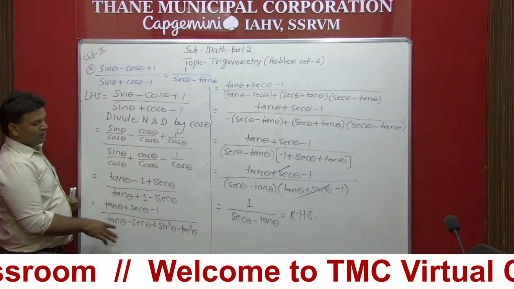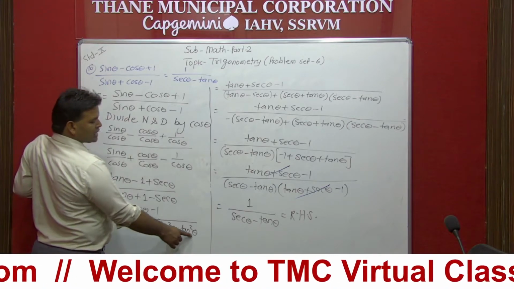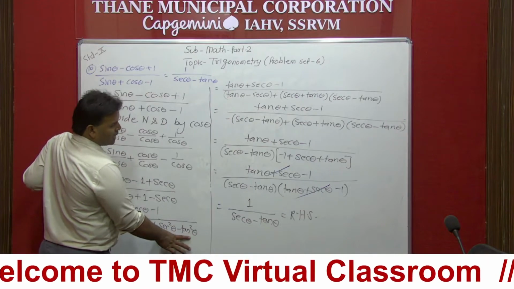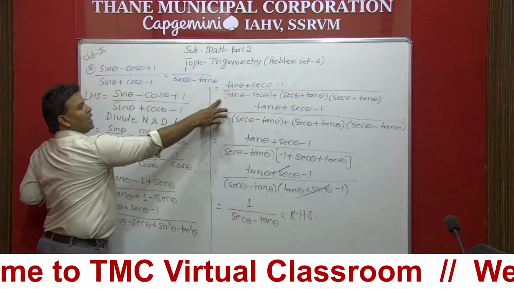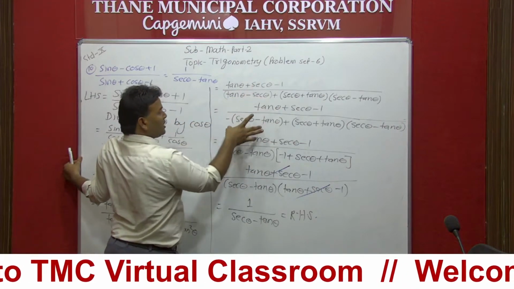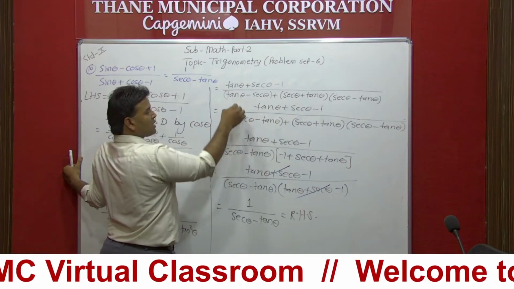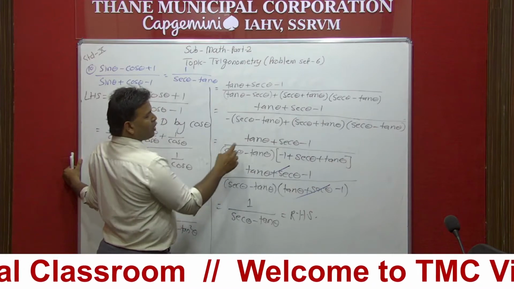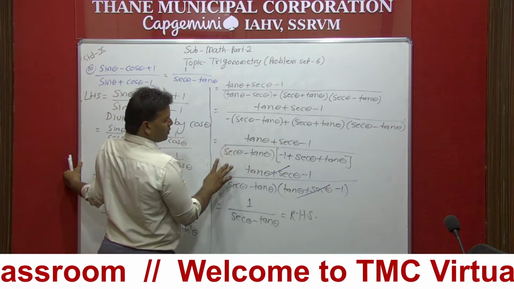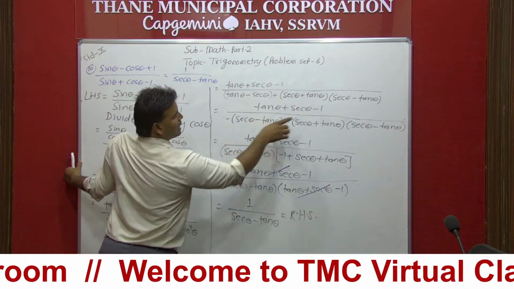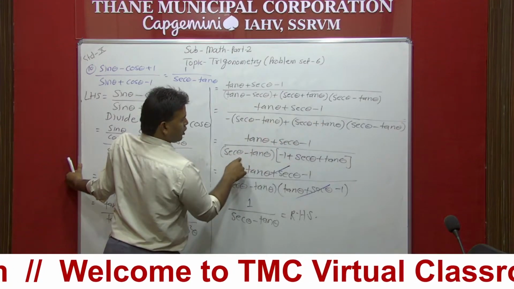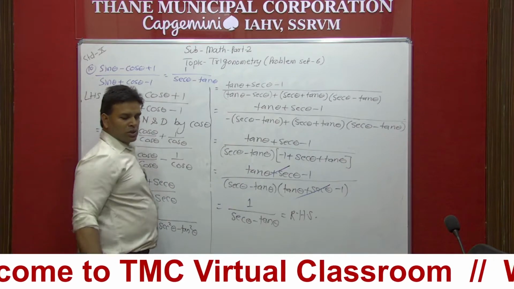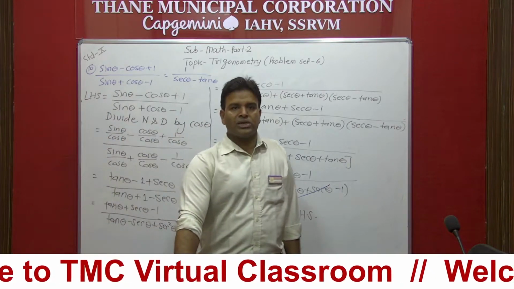And after that, we have used the a square minus b square formula. I got this step, and then I have taken common here. So many things are related with this question. After taking minus common, this will become like this. So we'll take this common, and after taking common, we'll get our answer. Now here students, we have finished the proof question.